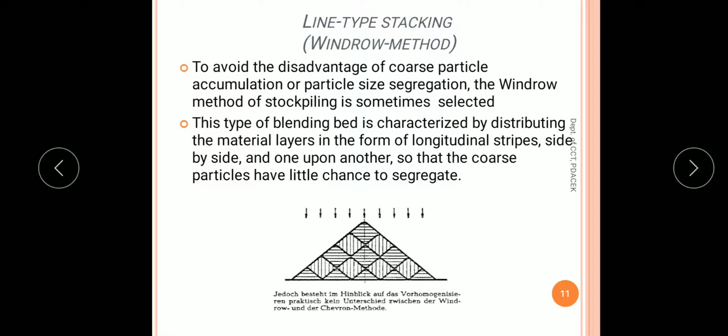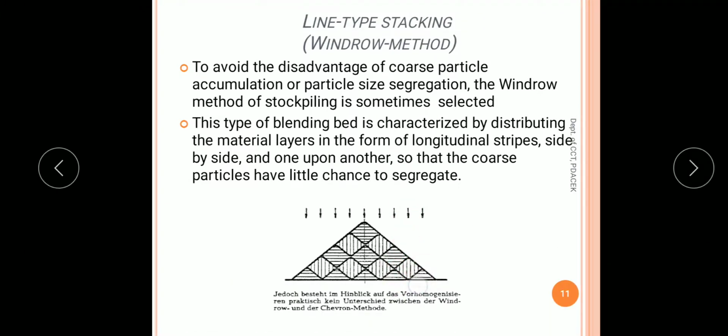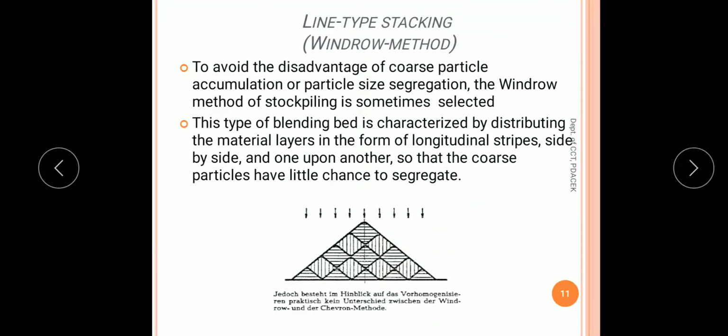In this method you have various discharge points, unlike in the chevron method where you had only one discharge point. From this discharge point this small stack is poured. From the second one, this stack is poured. Then from the third one, these two are poured. From the fourth, again these two are poured.